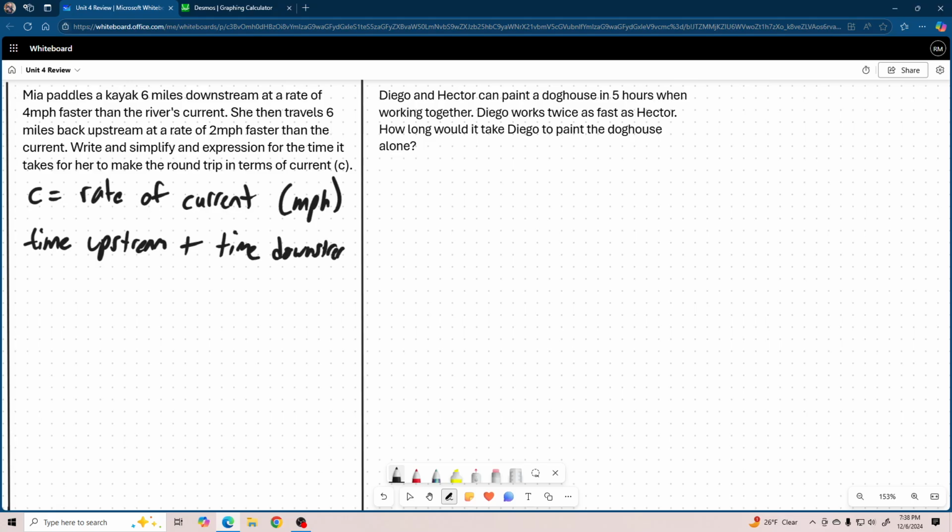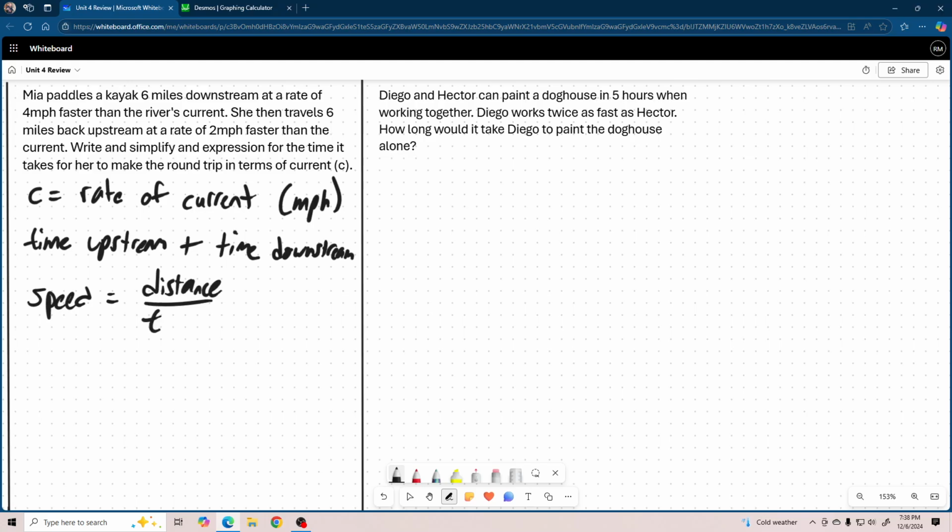That's basically the idea. She's going to go downstream first, and then she's going to work her way back up. What's the time it takes for her to do both of those? So if we can find an expression for the time upstream, and then find an expression for the time downstream, we can add those together, and that will give us our expression. Now, how can we find time? Well, we're talking about a rate of speed, right? We know that speed equals distance